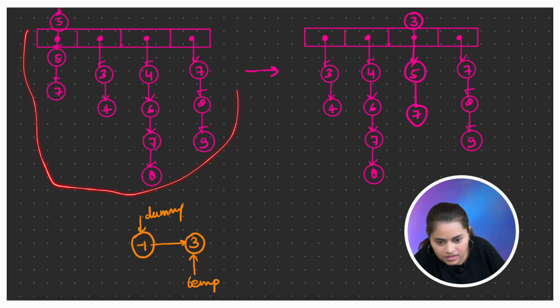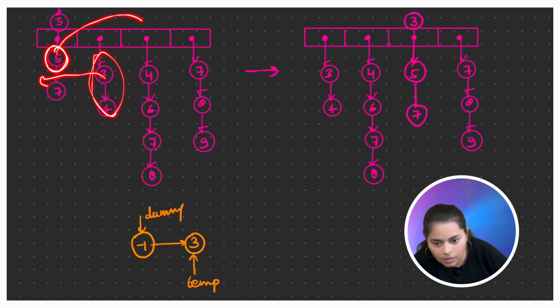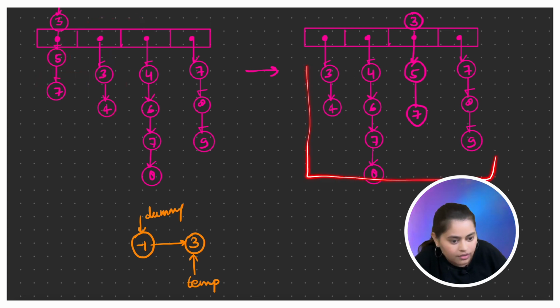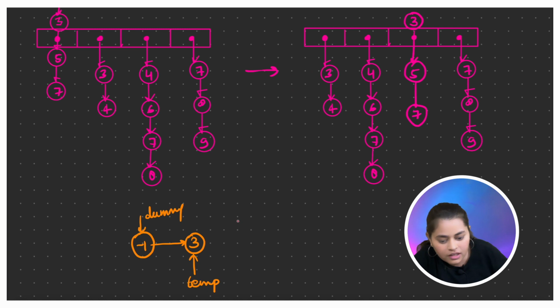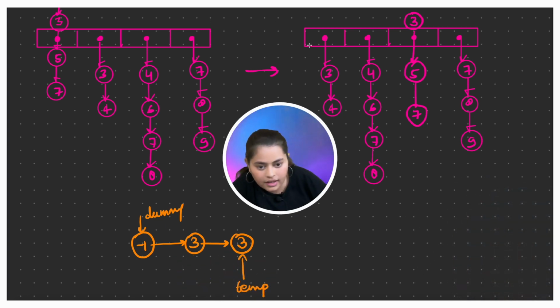Okay, so we had this state of our array after processing this 3. Now we have again sorted our array. After sorting, we got this one at the first position, and since it was 5, this will come to this position. So after sorting, the state of our array became this. Now we'll again extract the global minimum, which is 3, and attach it to temp.next, and we'll increment our temp pointer. So temp will come to this 3, and again this will go up. Now we'll process 4. We have already processed 3.